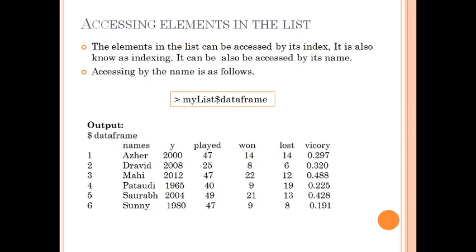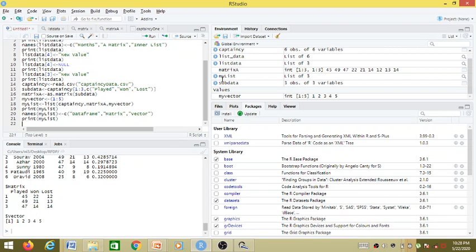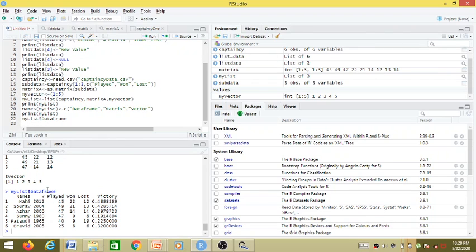Now we have just created my list. So suppose we want to access a particular element of that list. Say we want to access a data frame, which is the first element of my list. We can do so by providing the name of the list, which is my list here, the member access operator, which is a dollar symbol, and now you can see there are three members. Whichever you want to see, you can choose. And if you run this, you will be able to see that particular element.